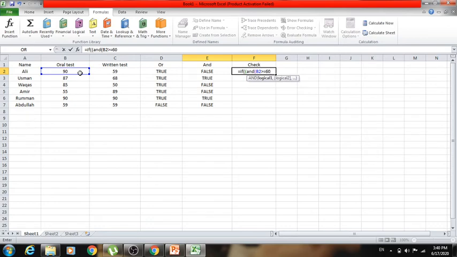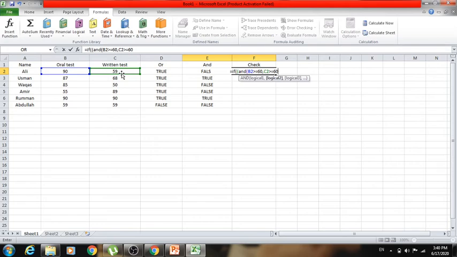And what will happen, C3, with both subjects, we have to give the command for both subjects. It also must be greater than or equal to 60. All right, so if he gets 59 marks, then he is failed. If he gets 60 or more than 60, then he is passed.